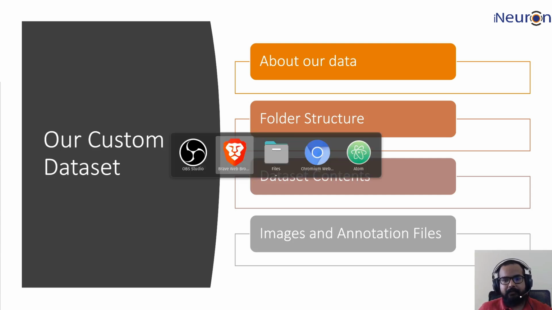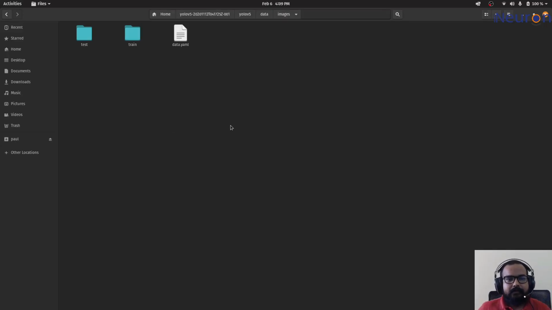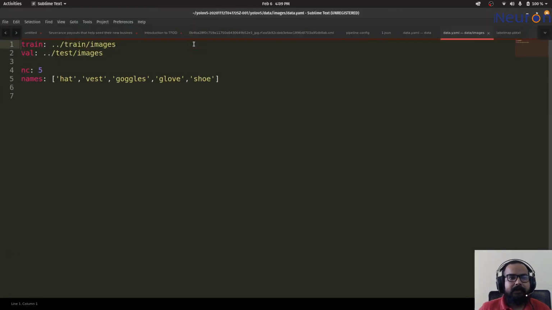So let's jump into our file explorer. So right now I have two folders, one is test, another one is train. Okay, and there is a data.yml file. So you can think of the data.yml file as a label_map.pbtxt, a similar one which we used to have in TF 1.x and 2.x. So if I just try to open this file data.yml, so you can actually see